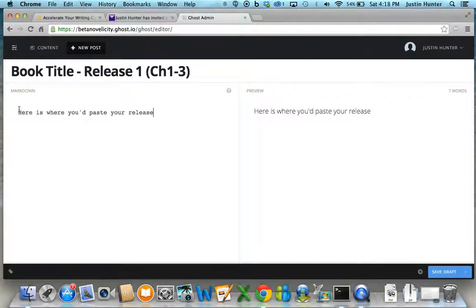We're going to provide that code. All you're going to have to do is edit some very easy areas and add a summary of your book. Summary is going to come at the beginning of every single release because we want the readers to know what they're reading about. They may not be accessing your book from release 1 initially, so they'll hit that summary page on every release that you have, which is a good thing. They'll know what they're getting into, and they'll be able to decide if they want to read it or not